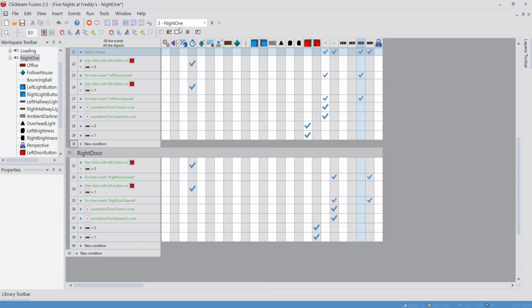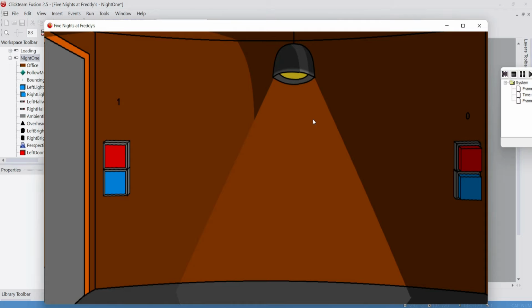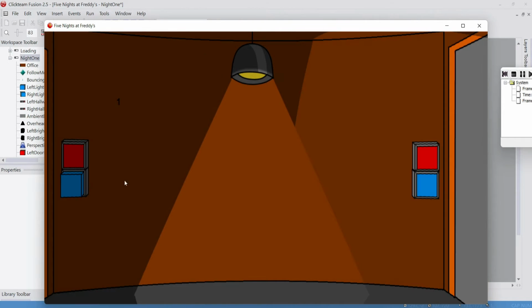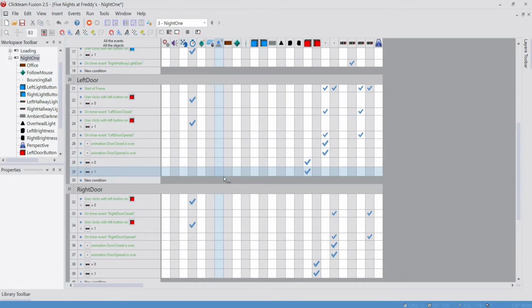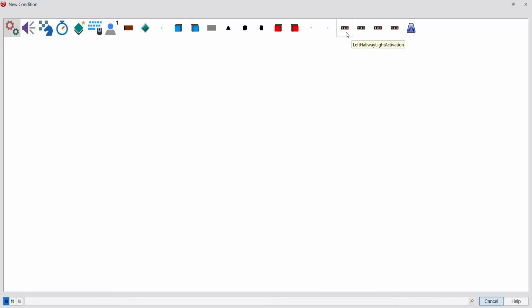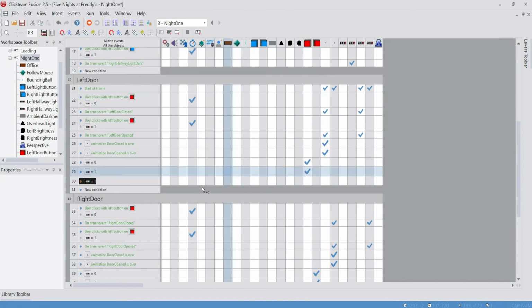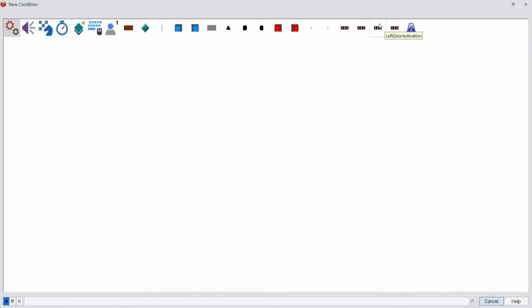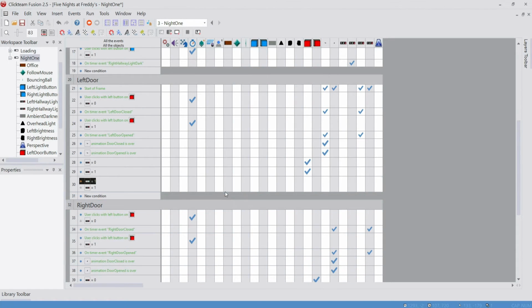Now our next step is to make sure we hide the left hallway light when the left door is closed. Obviously, and this goes for both sides, we don't want this where you can just see through it, so we're just going to get rid of that, and press that and that works. So to fix that, we're going to go back up to our left door group of events, go over to new condition, we're going to go over to left hallway light activation, compare the counter to a value, 1, press insert in the same line of code, go over to the left door activation, compare the counter to a value, 1, then we want to go over to the left light button, right click,